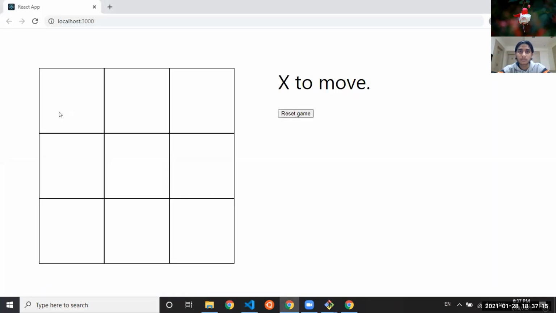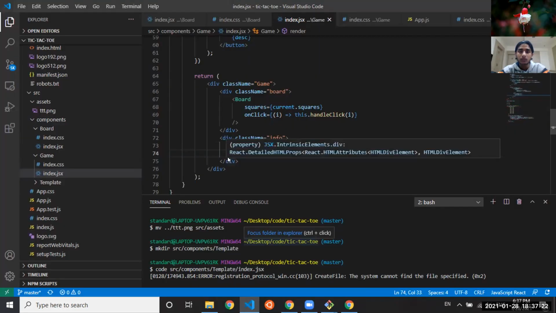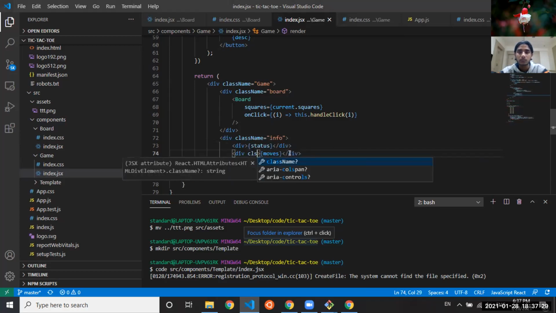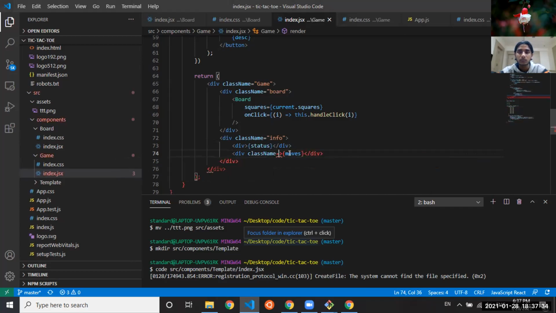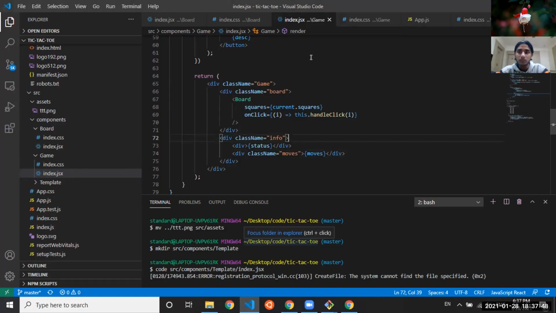Okay, reset game. Let's make a move. Reset to move 1, move 2, and so on. Well, we wanted to take up some of this vertical space. So how are we going to do that? Well, let's begin. We're going to give this div a class name. Maybe like, I don't know, let's say moves. And basically inside moves,